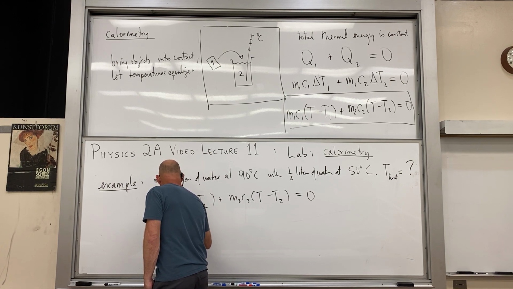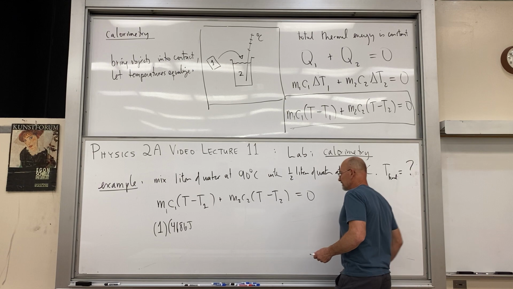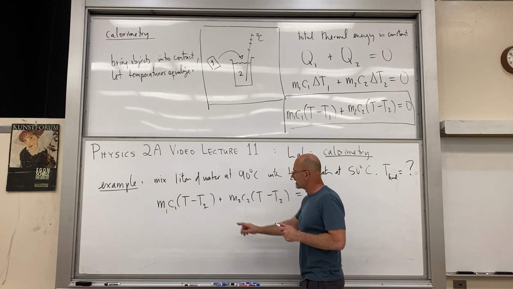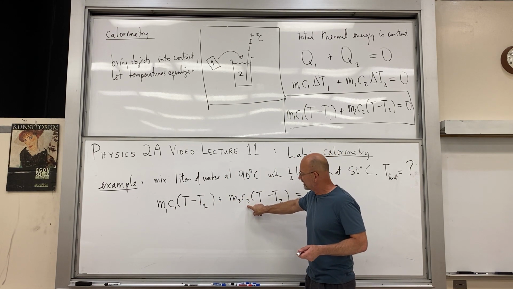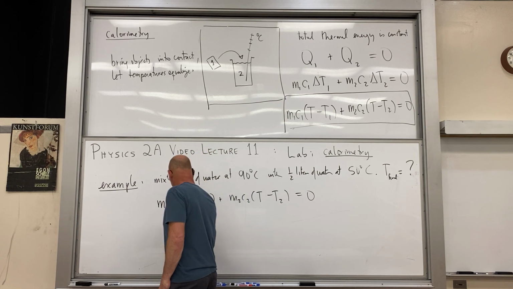We have 4186. Oh, actually, let's not even do that. I don't want to write too many numbers here. So this is a simple problem because both of these things have the same specific heat. Okay. So the next thing to do would be to copy that down, but we can actually go to the